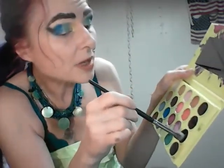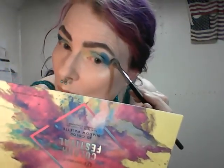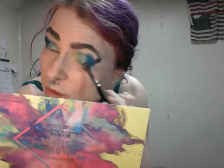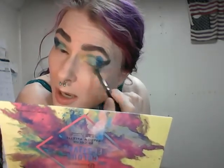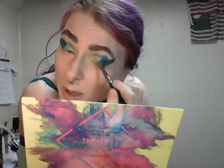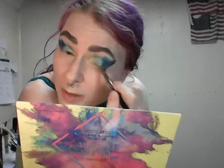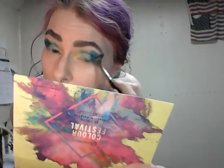and do the same thing with the other side. You know, these brushes really aren't pointy enough to do this, but since these are really big dramatic pieces of color, we're going to end up making kind of a triangle like this. So you have your outer V,